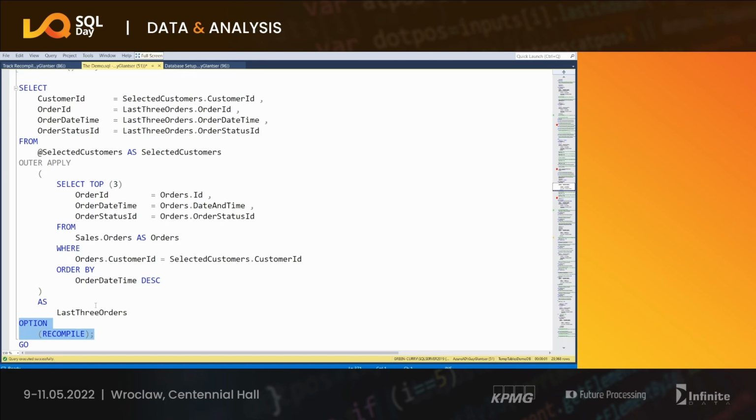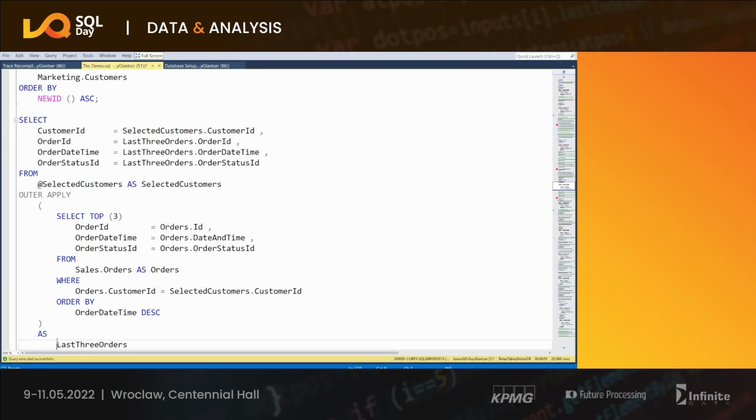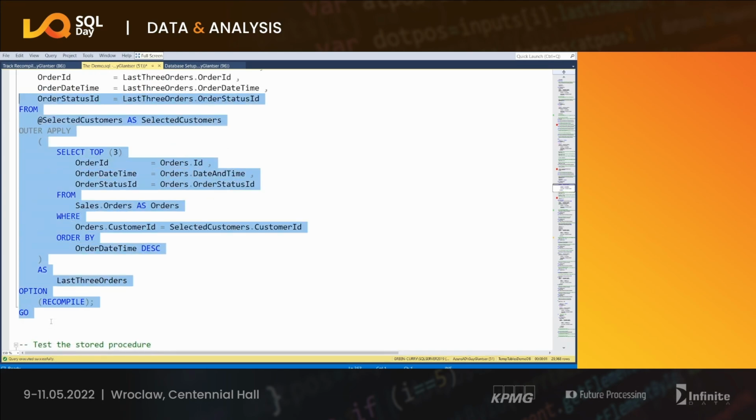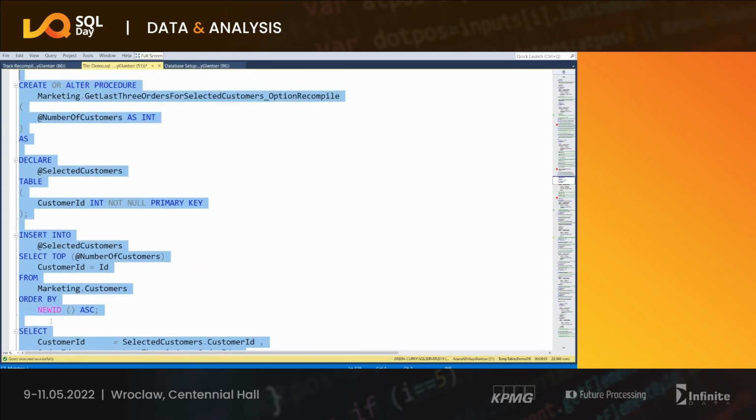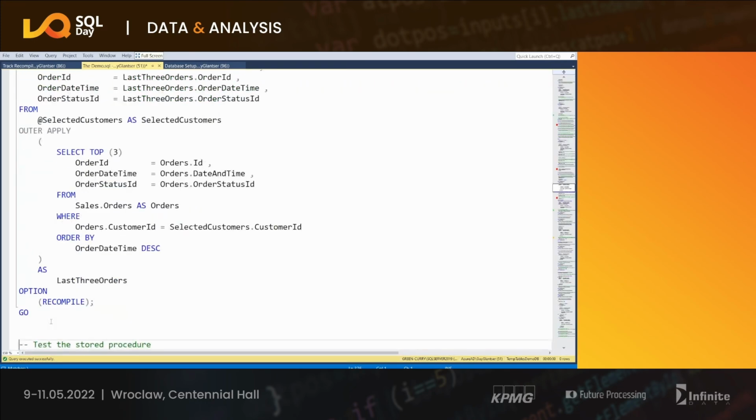On the other hand, if this stored procedure runs a report that runs only once in a while, even once every few minutes, okay, it's like nothing, then I will always prefer to use option recompile, because there are many advantages to doing that, again, because of the nature of doing it at runtime. So let me show you how it behaves. And by the way, even if I use a temporary table, not just a table variable, that has statistics, if I can afford it,